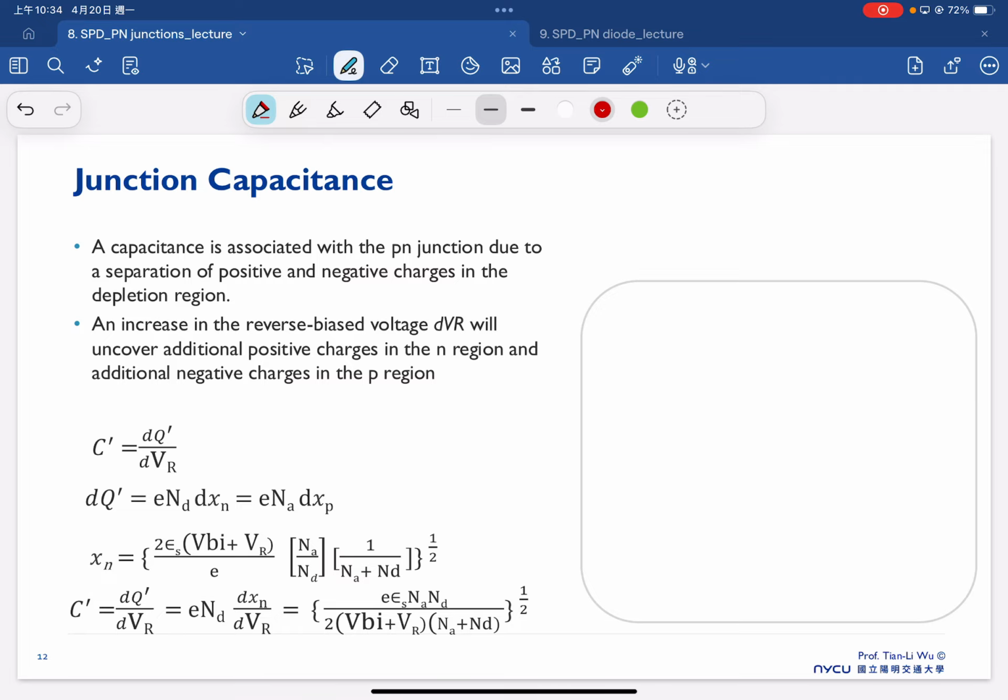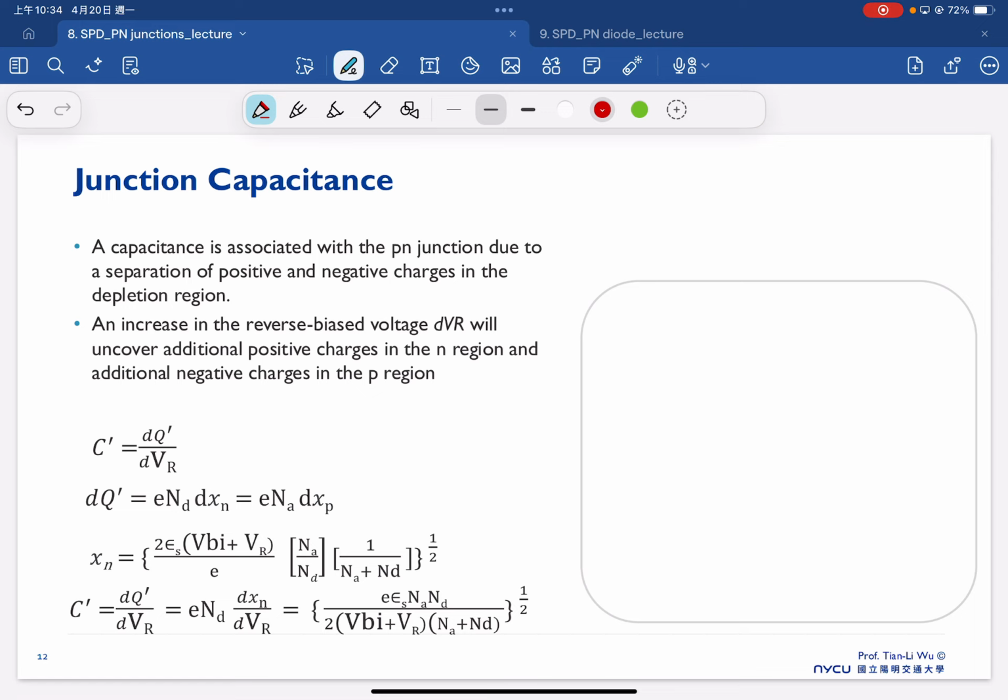In a basic semiconductor textbook, normally just one or two pages talk about this, but for practical semiconductor testing, we very often have to use a concept like capacitance. Here I will introduce the concept of junction capacitance a little more. Because we now have the PN junction, formed by putting the P and N together,